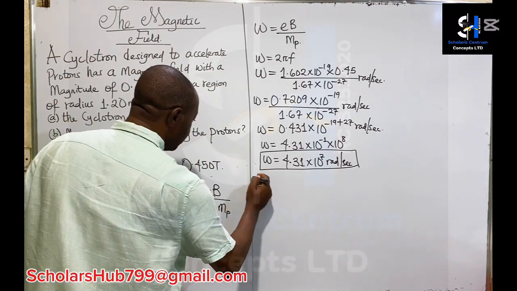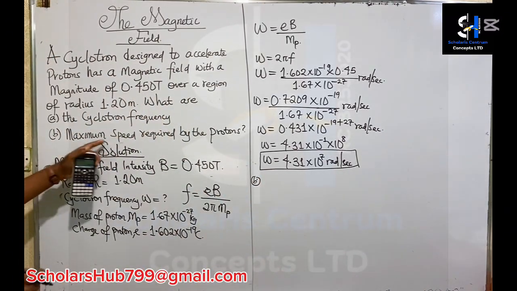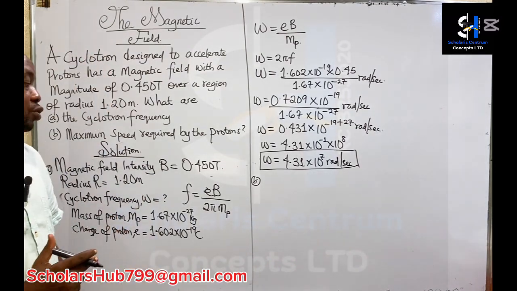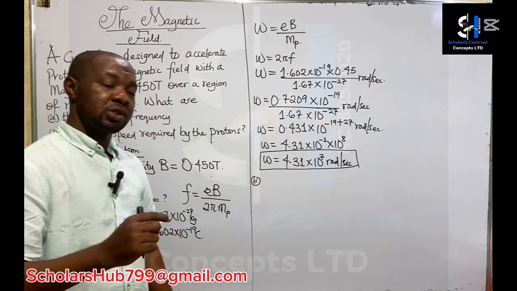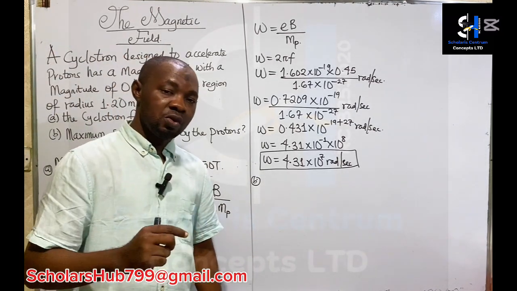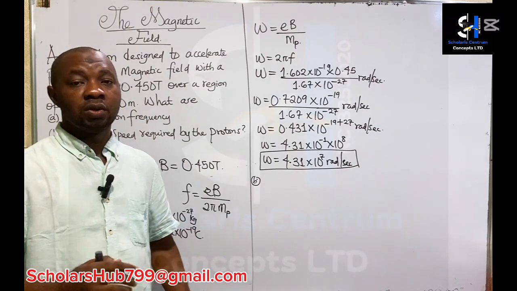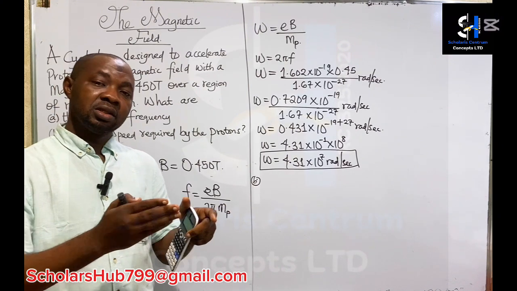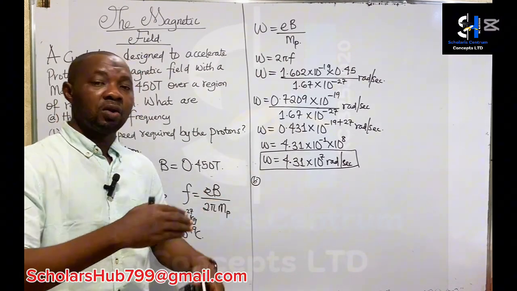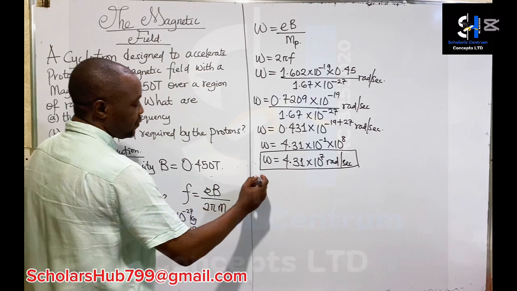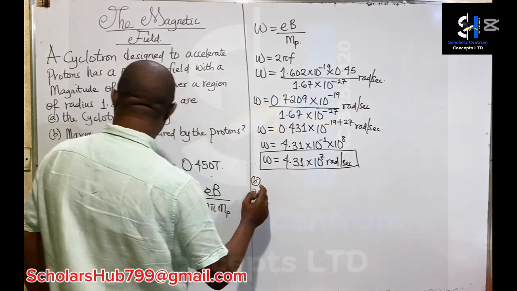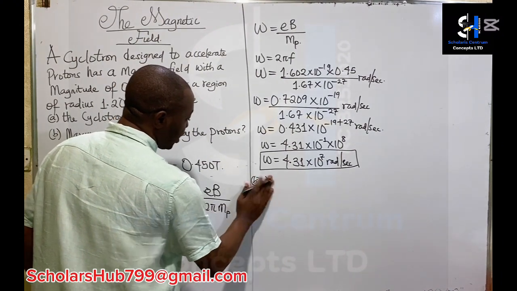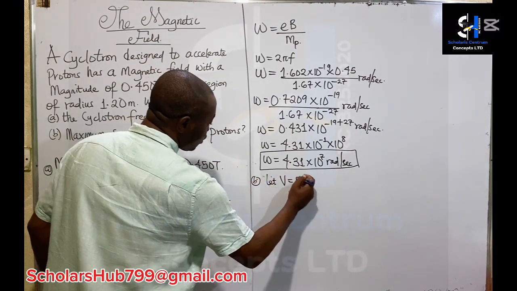Now the second question: what is the maximum speed required by the proton? To calculate the maximum speed, we know that the force that keeps the charged particle moving in a circular orbit is the centripetal force, which always keeps the charged particle directed towards the center, moving along its path. So let's say V equals the maximum